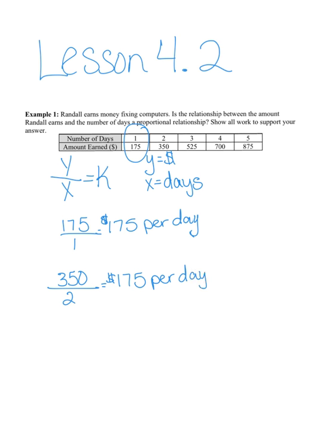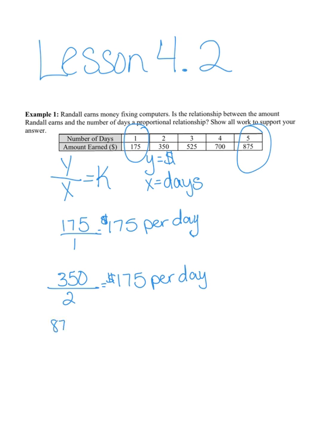Now, it's important that you make sure that you check not only the first two columns, but you want to check it throughout, because all it takes is one column in this table to be different for you to not have a constant rate of change. So let's check it with our last column here,